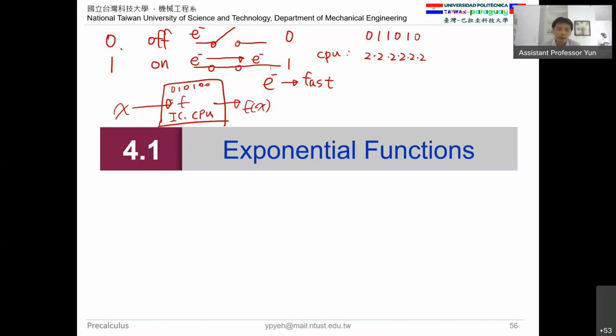So you can see that in the CPU they have 1, 2, 3, 4, 5, 6, 7, 8 of these, and each has two choices. So the CPU has 2 to the power of 8 choices